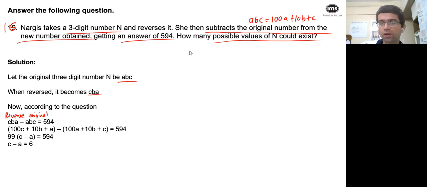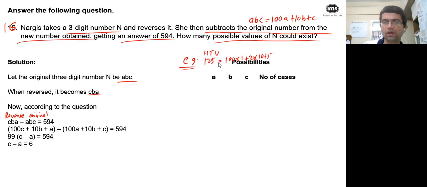Good that you have figured out. Why we take 100, Vaishnavi? Because if the number is, say, 125, this is hundreds place, tens place and units place. How would you expand this? 100 into 1 plus 2 into 10 plus 5. Just like we did with a 2-digit number in the previous one, Vaishnavi. Hope you are with me. Yeah, hundreds place, so I added 100 into 1. Okay, now I get different values of C minus A, which give me 6.